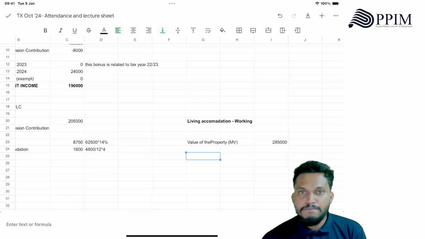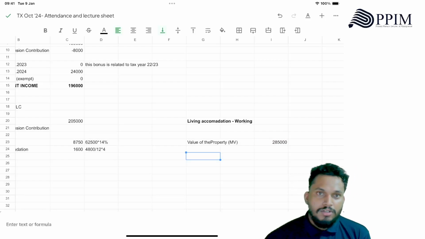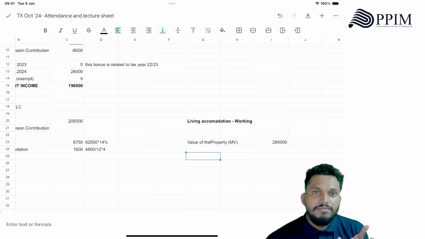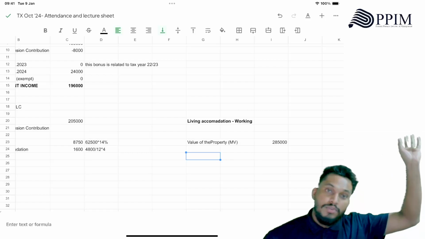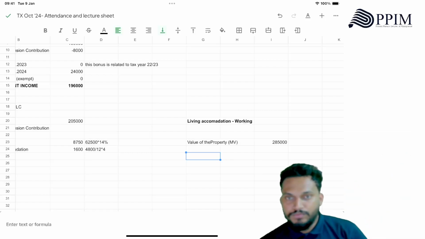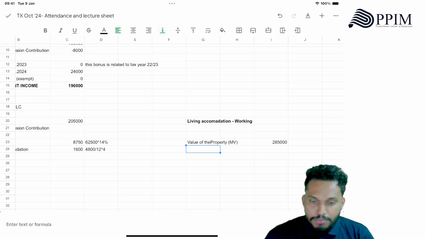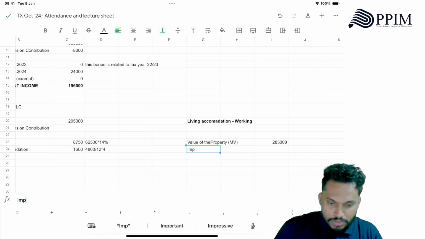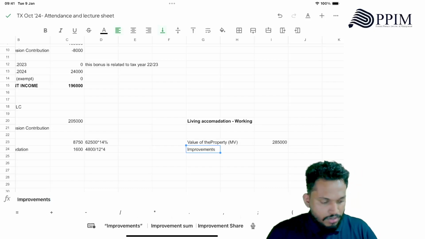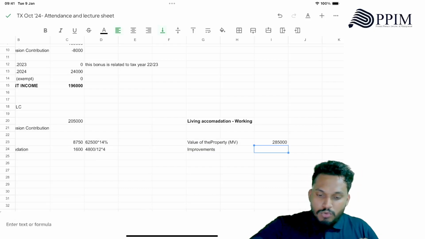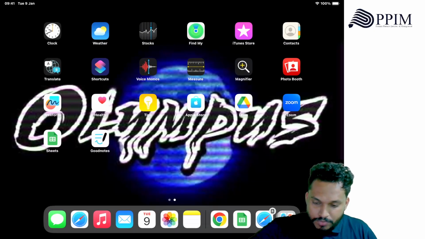That's because it was purchased 7 years ago, no? Yeah. So you need to take the present value, because I can't tax you for the amount which you purchased it for before. That's the market value you need to take. So the improvements, you're making some improvements, right? So the improvements you are making,